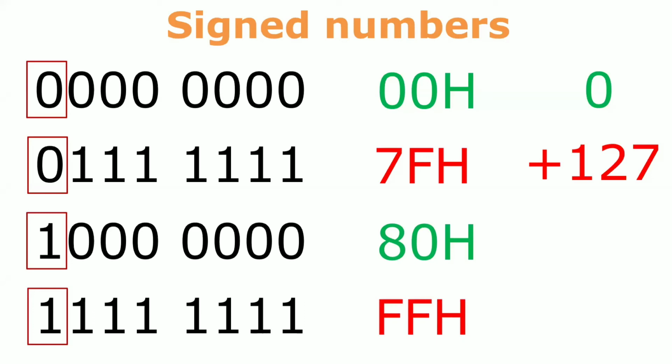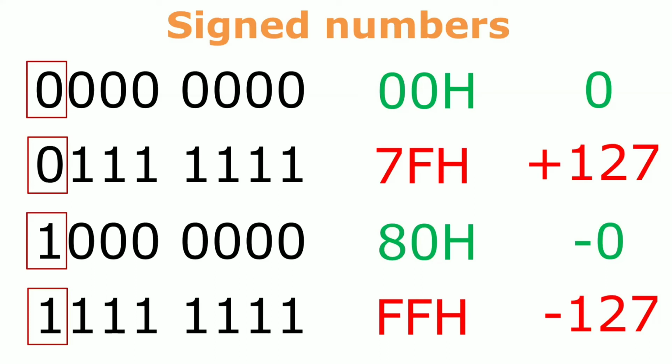80H in the decimal number system we call -0, and FFH we call -127. Why? Because we are eliminating the last digit. And if you technically see, -0 does not exist. There is no minus 0, there is only one 0. There is no positive 0 and no -0, there is only one 0. So this is the one problem to identify in signed numbers. That's why they have made the two's complement form.